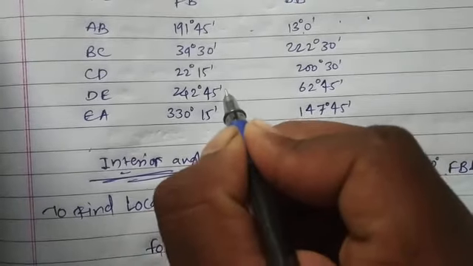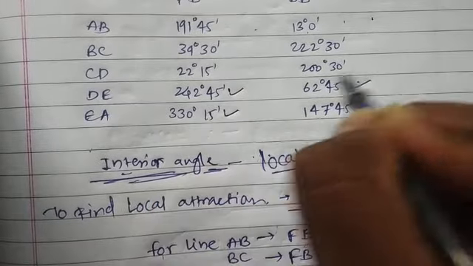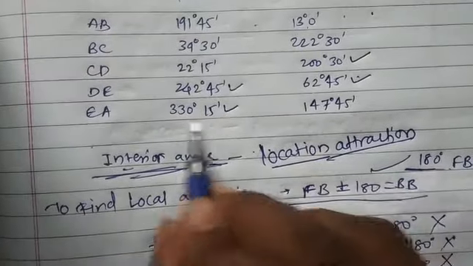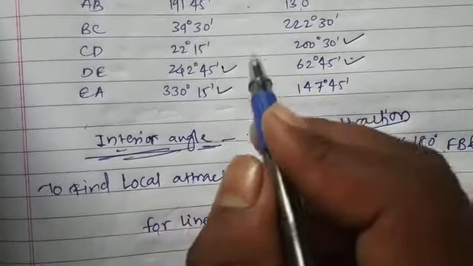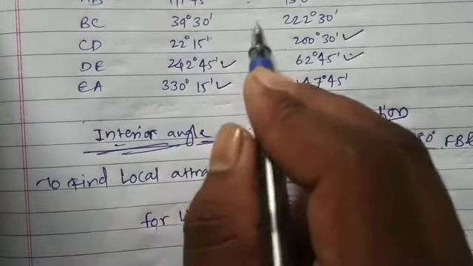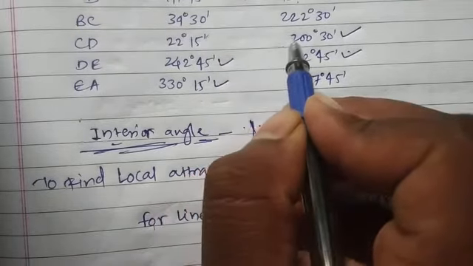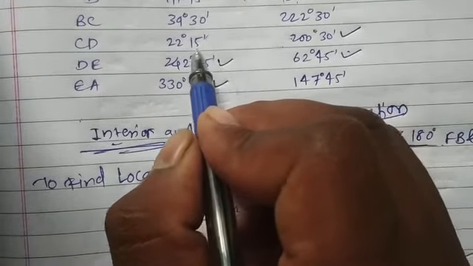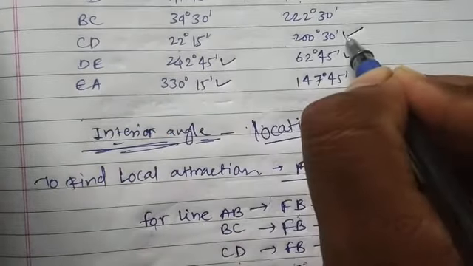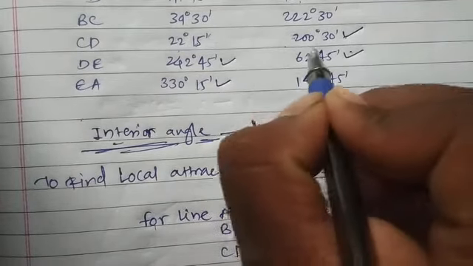Now it means that this reading is correct, this is also correct, this is also correct one, and this reading is also correct one. So we can proceed from this loop, or we can go by correcting bearing from this route. Okay, so let's try to correct the bearing of line CD first. So as we know, this is the back bearing of CD and it is correct.